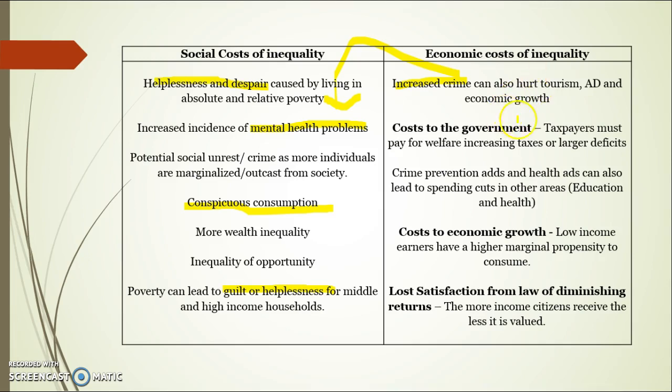It can also cost the government money, so the more inequality there is, the more that taxpayers have to fund welfare for recipients that are on unemployment benefits. That can then flow on to increased taxes for the rich, and even larger, bigger budget deficits as well. So it can have significant cost to the government in terms of funding the welfare of these citizens, which can then flow on to increased deficits.